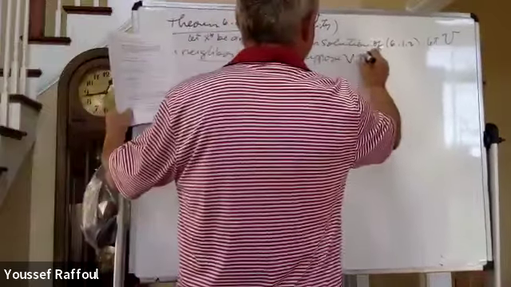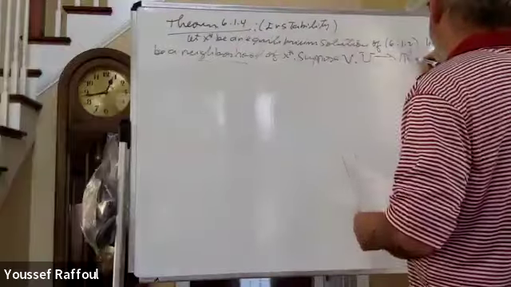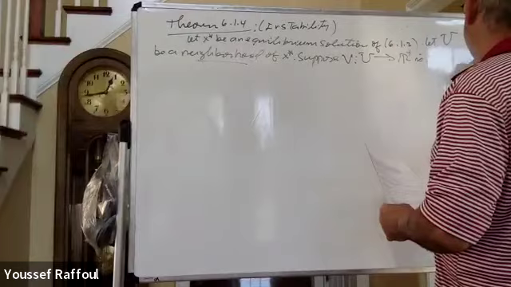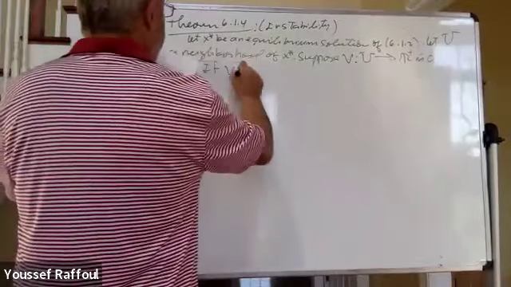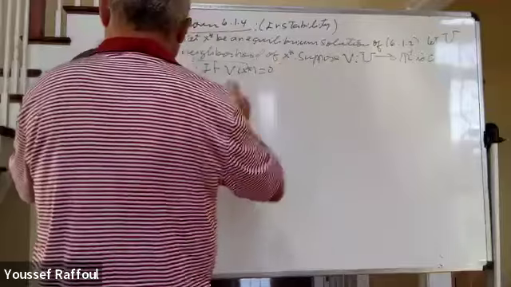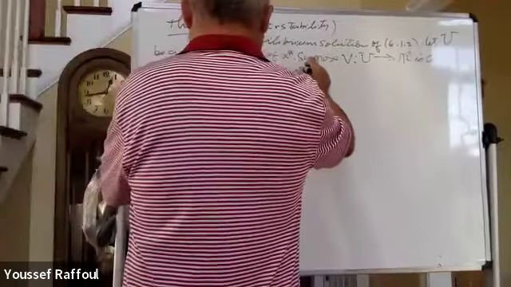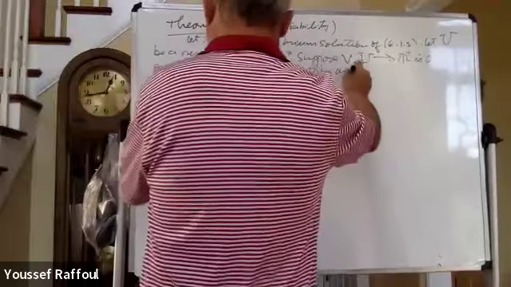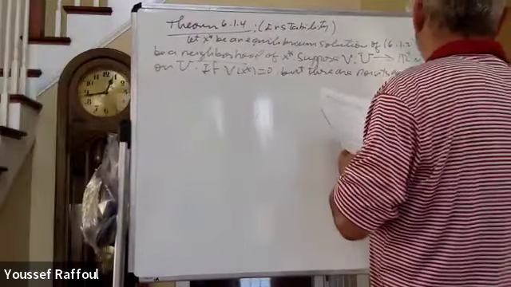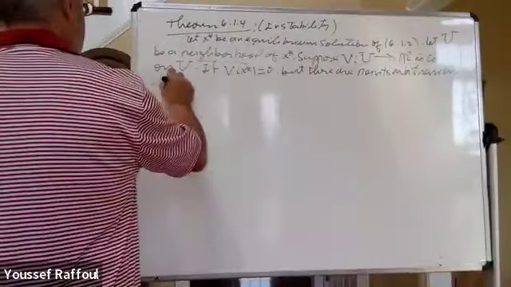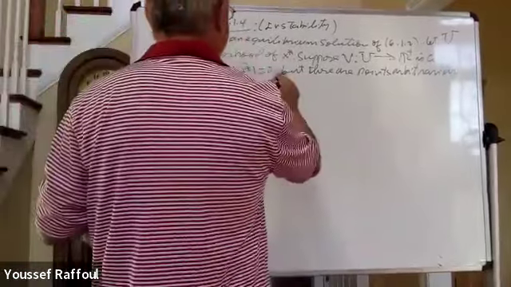Suppose V from U into R plus is continuous on U. If V of x star equals 0, but there are points arbitrarily close to x star where V is strictly positive,